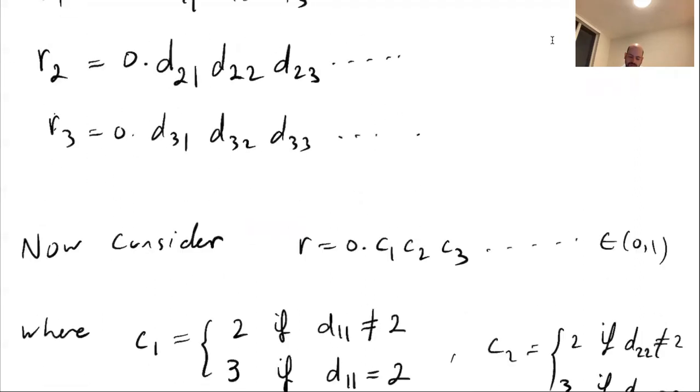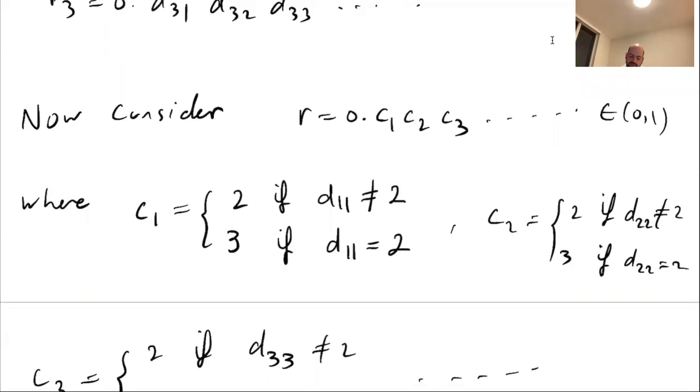So that's one thing I wanted to mention. Also, some people here ask, how did we choose these 2 and 3? Well, the choice of 2 and 3 was arbitrary here. You could use any numbers, 4 and 5, for example, or 4 and 7, 6 and 8, any two numbers. So the argument was,